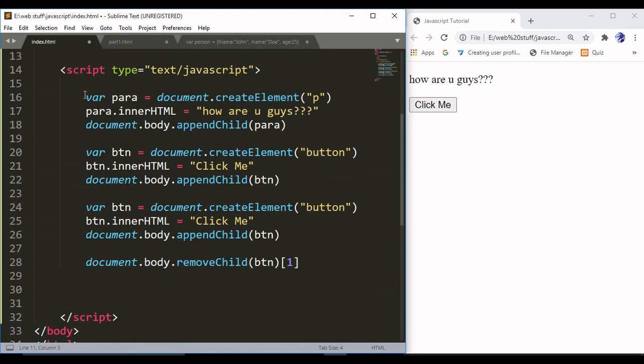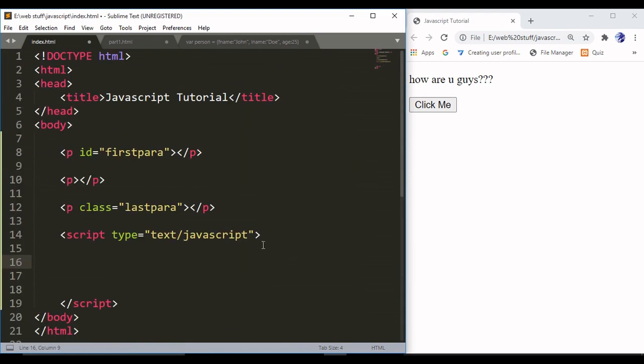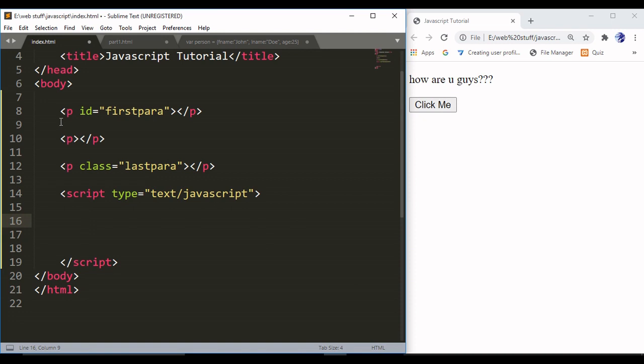Now let's try controlling these HTML elements using JavaScript. So let's try first with the id. You can select any element with an id using this syntax: document.getElementById, not tag name, we'll use id for this, and the id is first para. Now inside it,